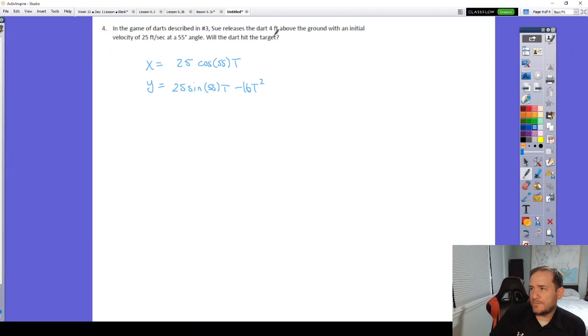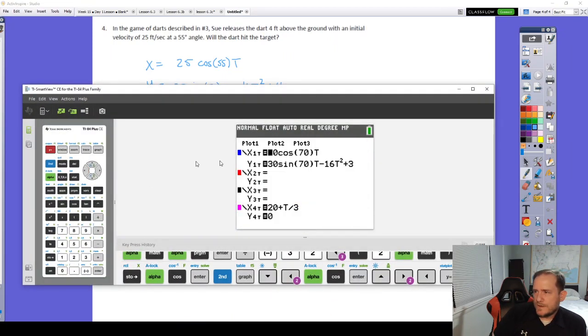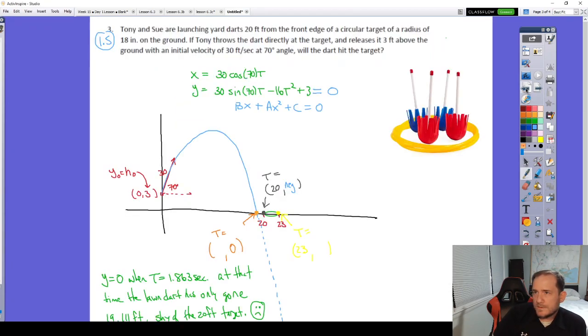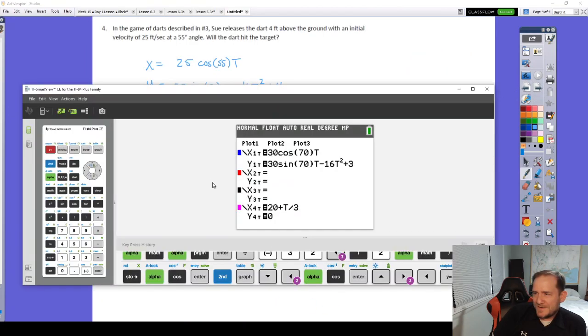She releases from 4 feet high? Okay, so plus 4. Okay, Sue, go ahead. Let's enter them into our calculator. Y equals. I'm not going to overwrite this. We're going to leave it. So the path of Frank, what was this dude's name? Tony. Okay, Tony. So we're going to leave Tony in there, and we'll plug Sue in as this one that's